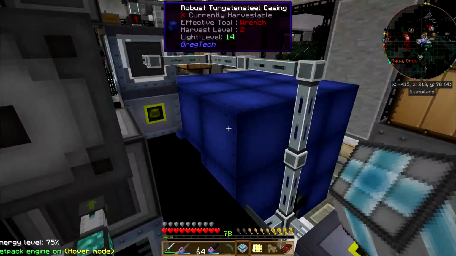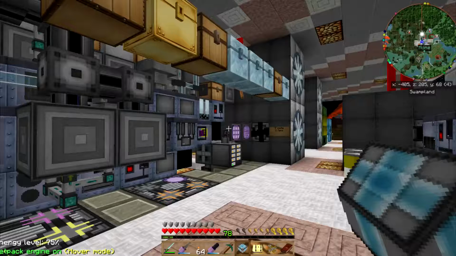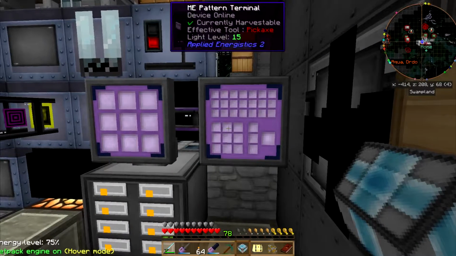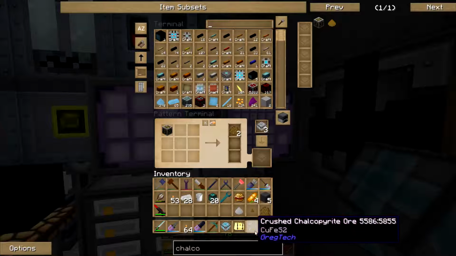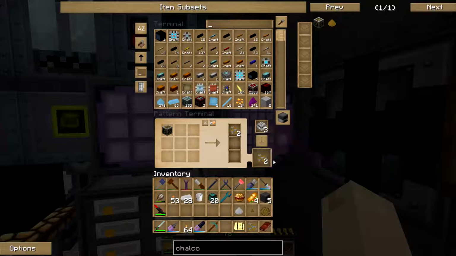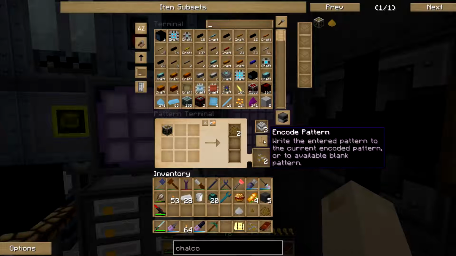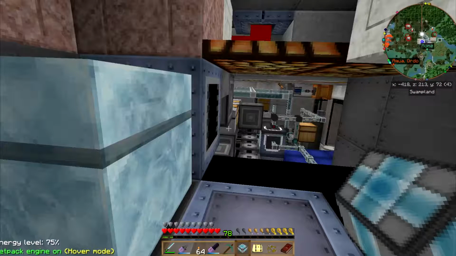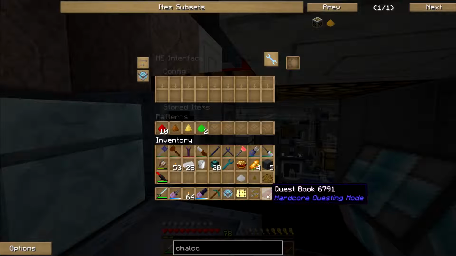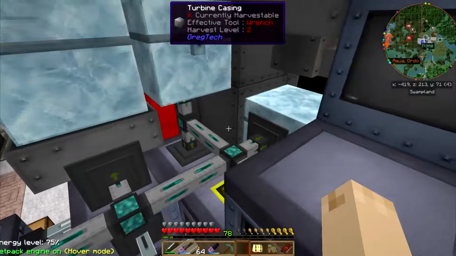All right. So then what I need to do is change my recipe here to 2 of those equals 2 of those. And then that goes here. Like so. Okay, now